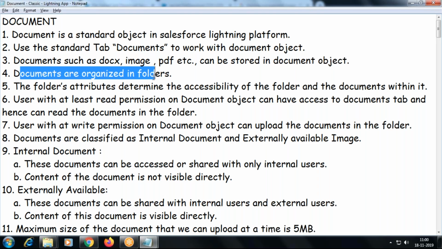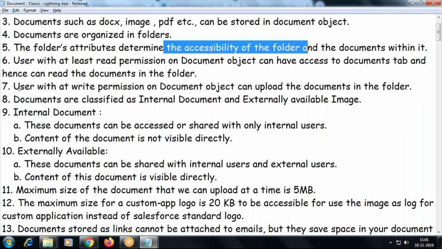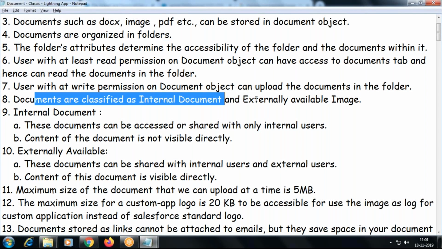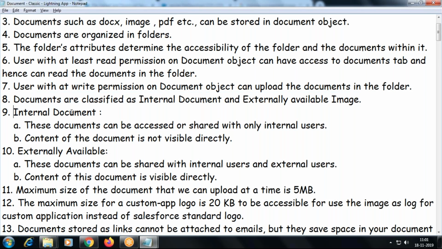And documents are organized into folders. What type of folder? Personal or public folder. And when you create a public folder, then you will define the accessibility. What type of access? Read only, read write. Okay. And documents are classified as internal document or externally available image. If it is an internal document, it means do not share with others.